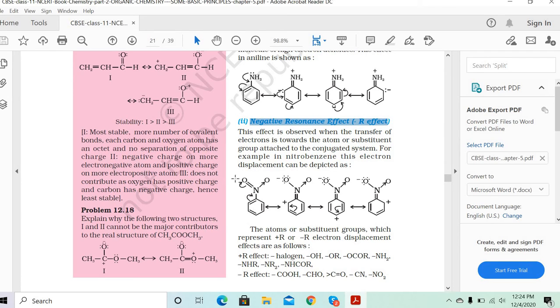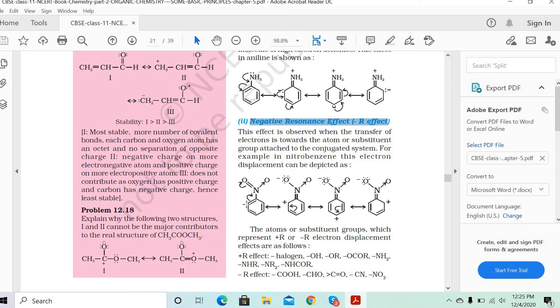Let's try to understand first, because nitrogen forms one double bond with oxygen and one single bond with the other oxygen. Because it has a lone pair of electrons, it can give one lone pair to oxygen. Since the nitrogen has given an electron to oxygen, it needs an electron, so it takes the electron from the carbon next to it. Because nitrogen is more electronegative than carbon, it takes the electron and forms the double bond with the first carbon atom.